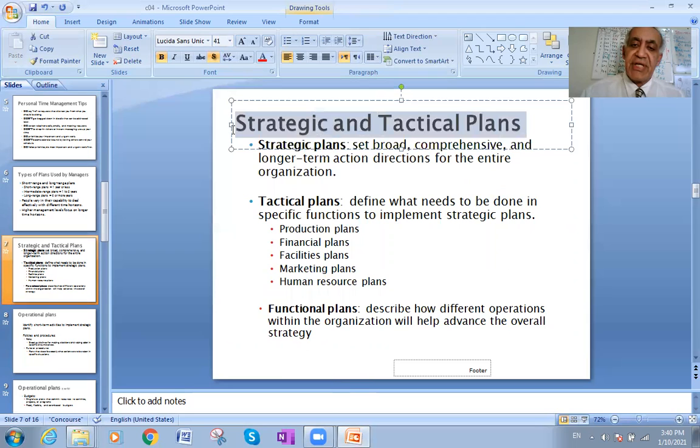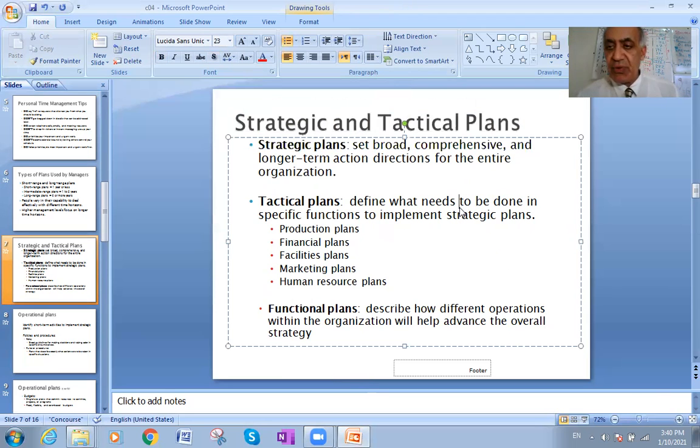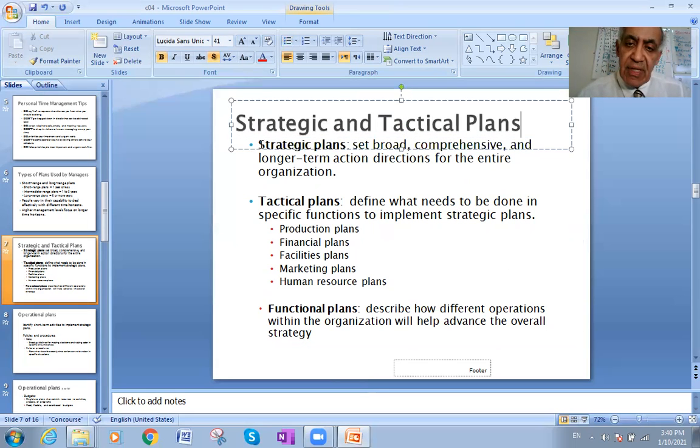What is the strategic and the tactical plan? What do you mean by strategic plan and tactical plan? The strategic plan is the one for making strategic decisions. The word strategic means of vital importance. Those decisions you make in your life are not too many, the frequency of them is very rare. You do them once, twice, three times in your life. You are going to work in Vancouver, this is a strategic decision. You will get married, this is a strategic decision. Okay?